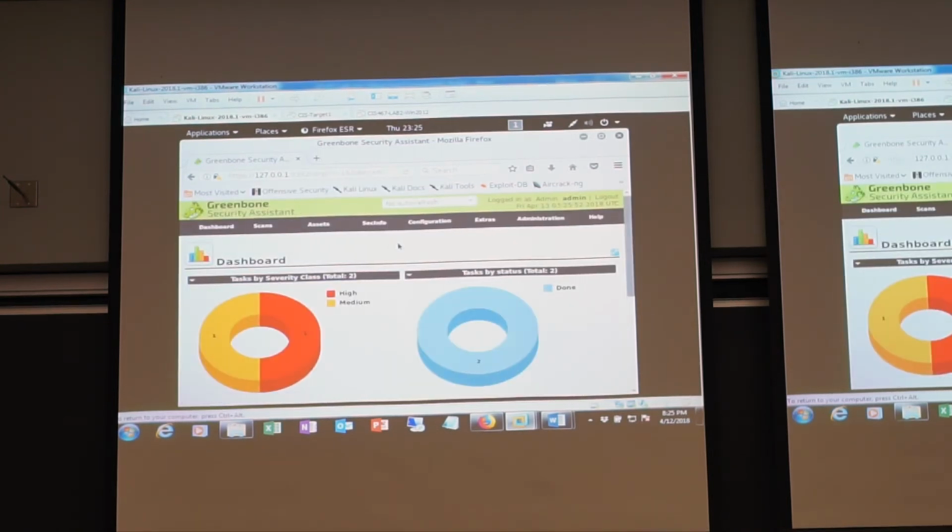So now there's a couple different ways you can do this. You can do it in easy mode, or you can do it like what you did in homework week 2. In homework week 2, you can make a target, 192.168.199.21, and go make a task, yada yada. Or, if you really want to just look for stuff, you can go to scans, and tasks,